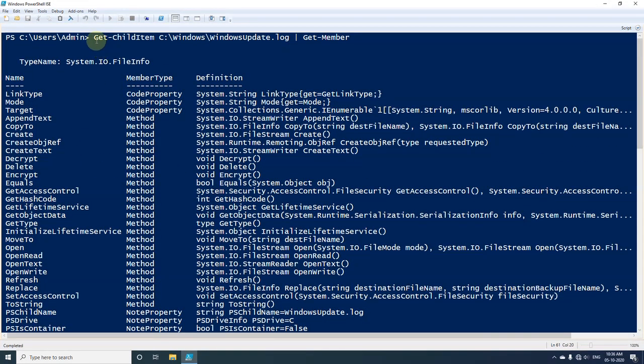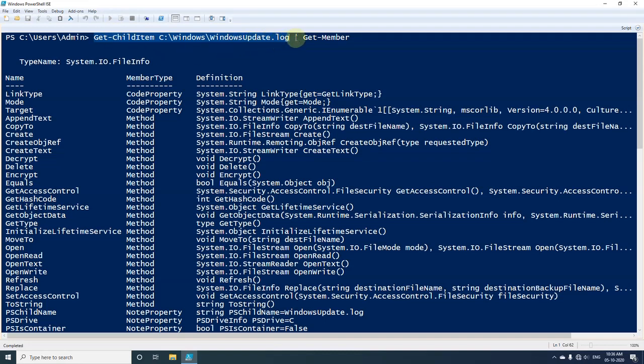Here first of all I have used the cmdlet called Get-ChildItem and I have given the path C:\Windows\update.log. So using this cmdlet I am trying to fetch this particular log file, and after getting the output we want to know what properties and methods this output contains.